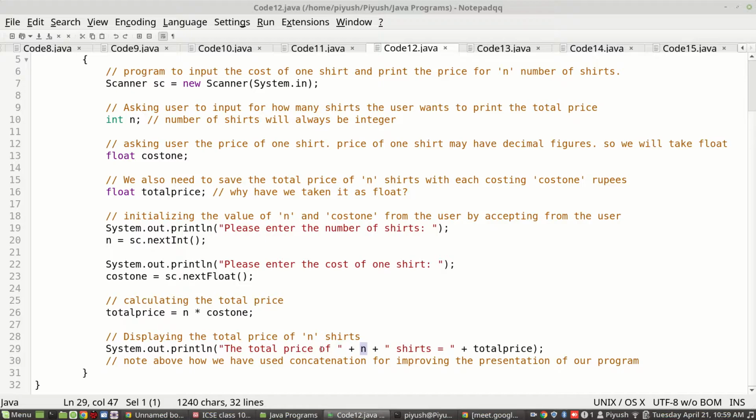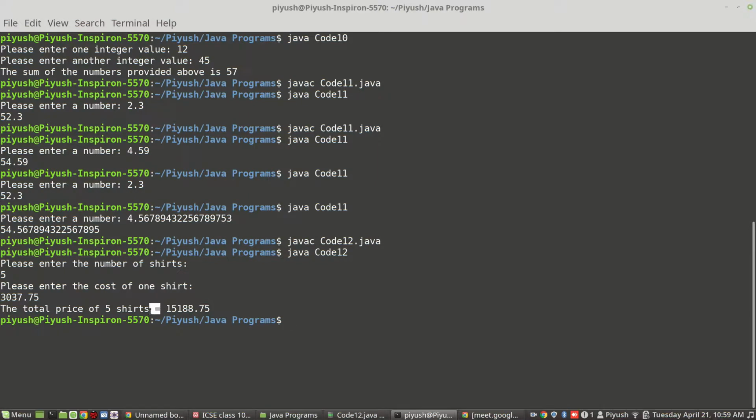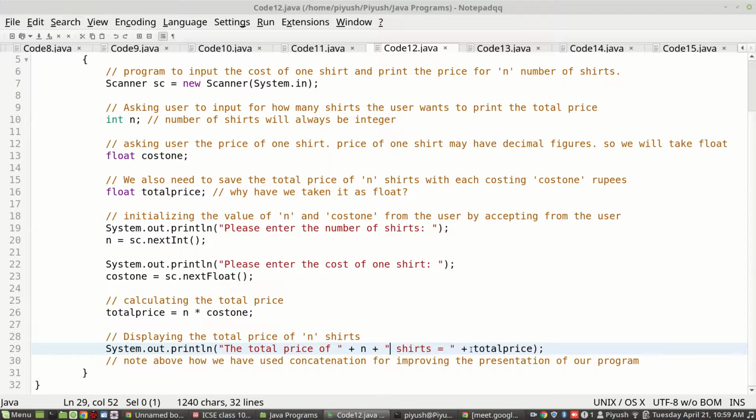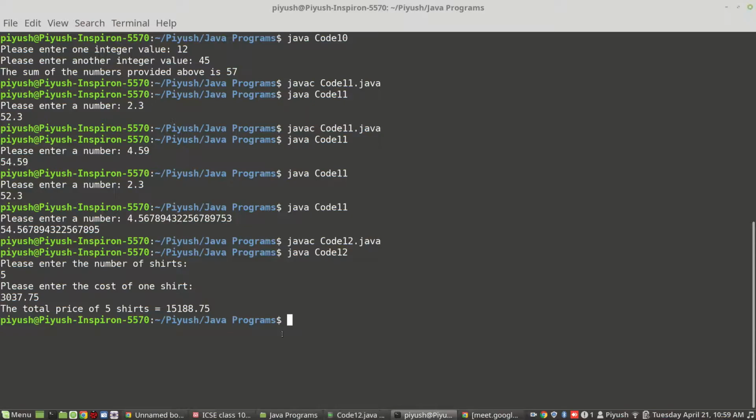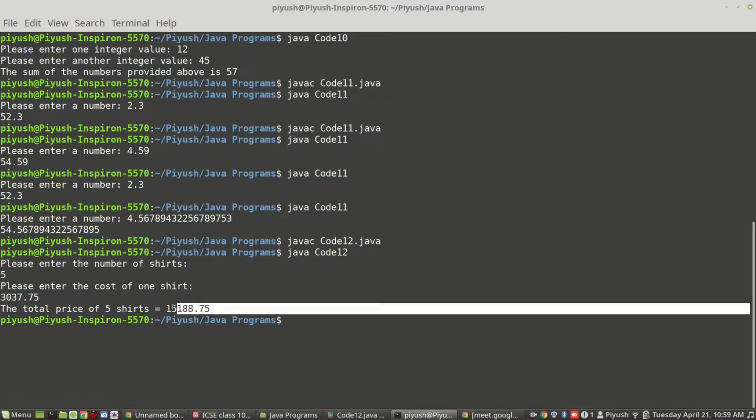Further on, you concatenated shirts is equals to. Then you can see shirts is equals to this much. A concatenated statement was formed, and then further on, you said total price. Because total price is not within double quotes, it will be taken as a memory location or the name of a variable. So whatever value was computed here was saved in total price. From the memory location named total price, the value will be fetched, replaced here, and then concatenated with the rest of the part. So you will see the result, what was computed, appearing as one single message or string.